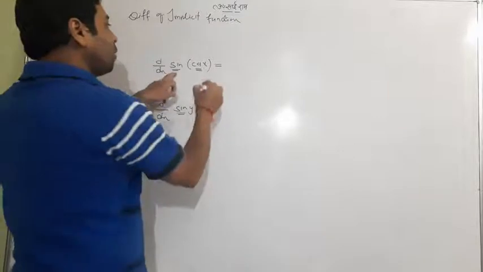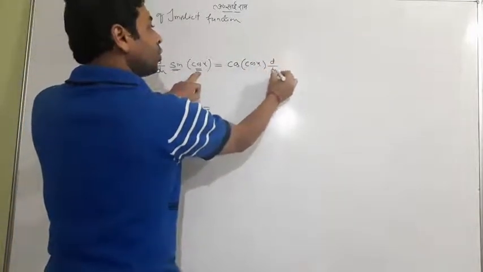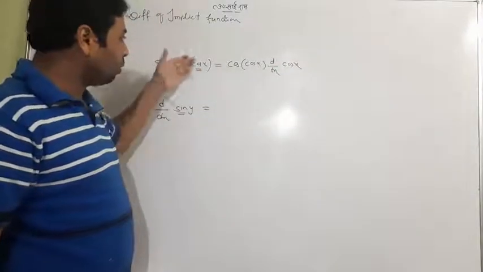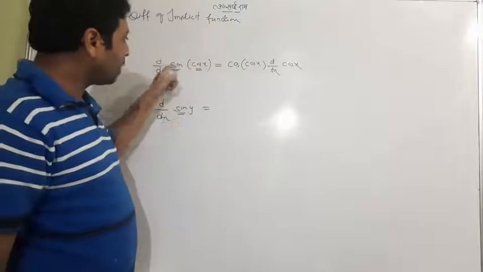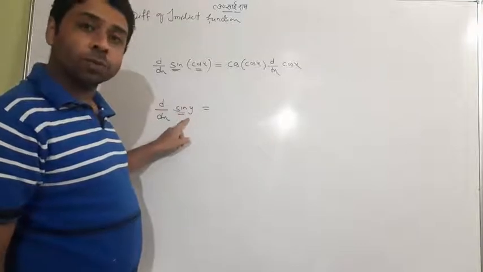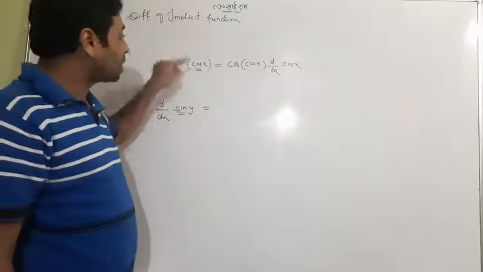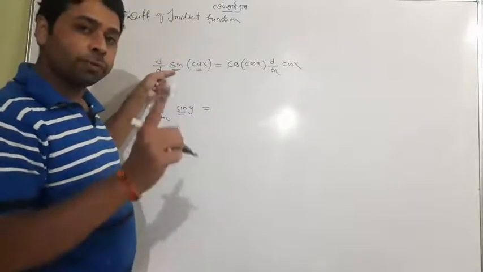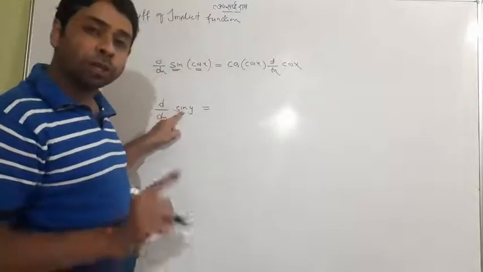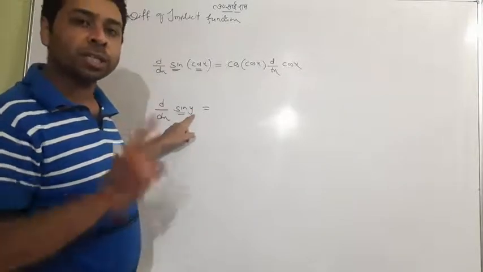So first, the differentiation of sine is cos, the angle is the same, and then the differentiation of the second function, cos x. This is the logic. Here also, if you compare, this is a sine, and instead of that cos x we have a y. So sine of y. And if I ask you what is y, it is a function of x, whose value is still unknown right now. So same as there, where sine was counted as a first function and cos x as a second function, similarly here sine is counted as a first function, and y is none else, it is a function of x, so it will be counted as a second function.